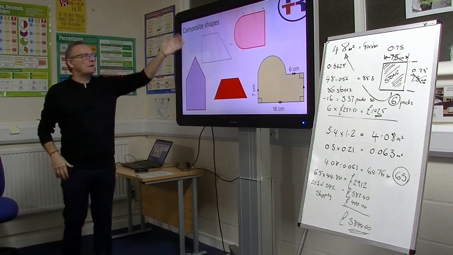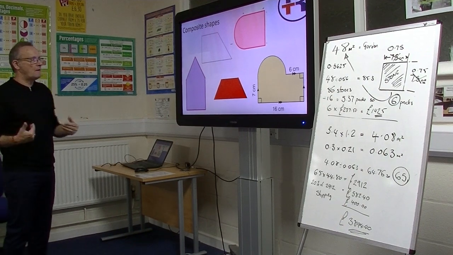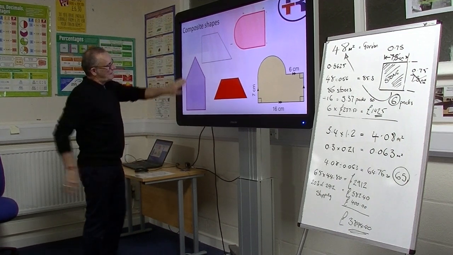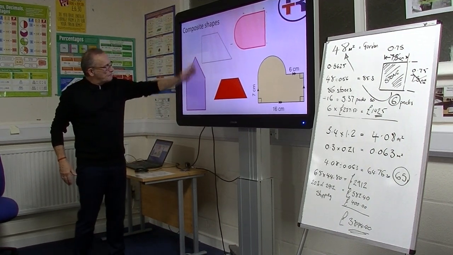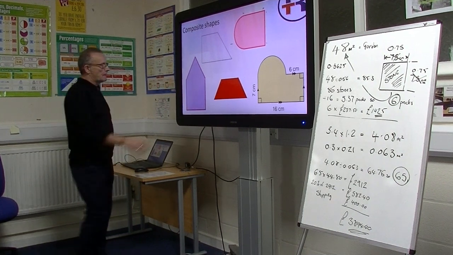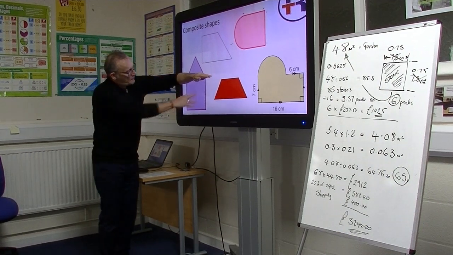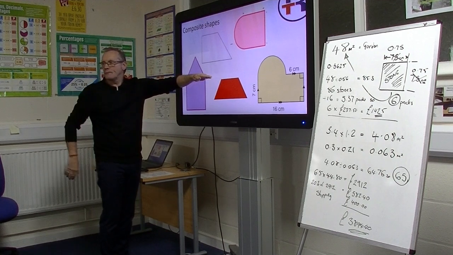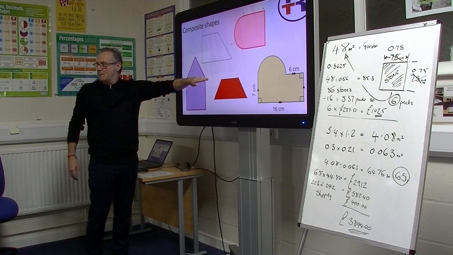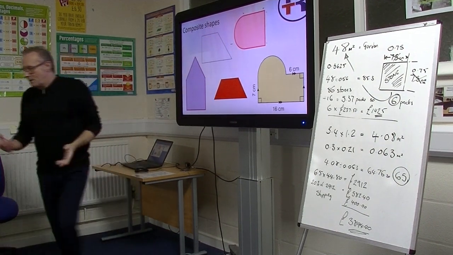Okay, there's no measurements on these, they're just pure and simple shapes, just for me to show you the kind of shapes that are very popular in the exam. So we've got this shape here. That could be the end of a house, the gable end of a house. Could even be the front of a house. We're made up of two shapes. This is what you've got to recognise. We're made up of a square and a triangle. So to work out the area of that, we do length times width, base times height divided by 2, and then add them together. What's this shape? We get ourselves our imaginary